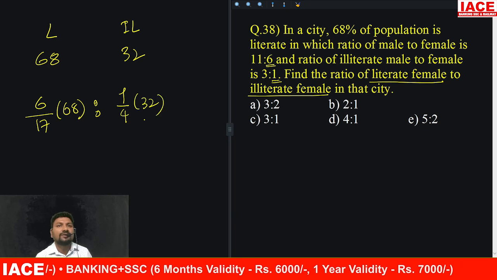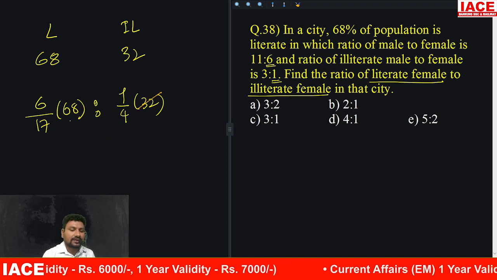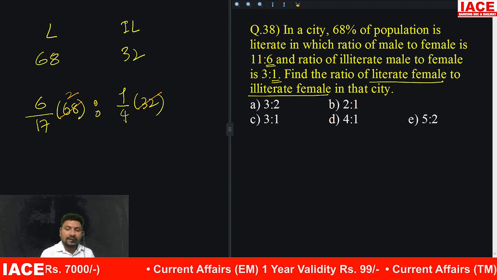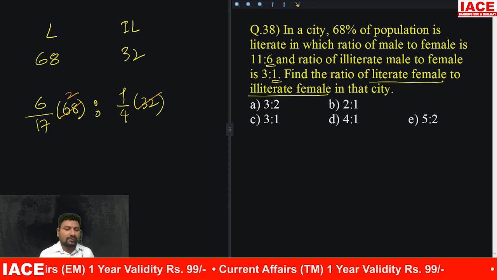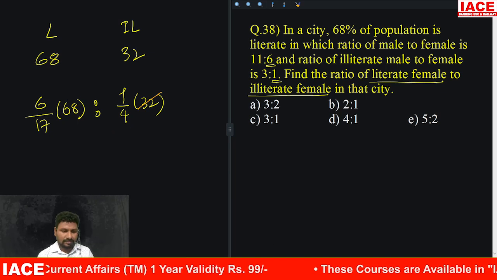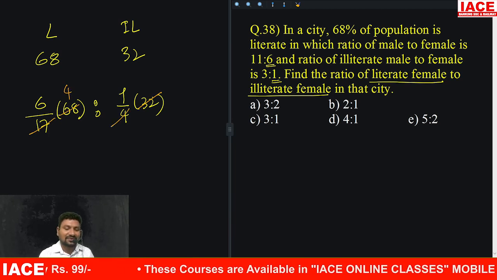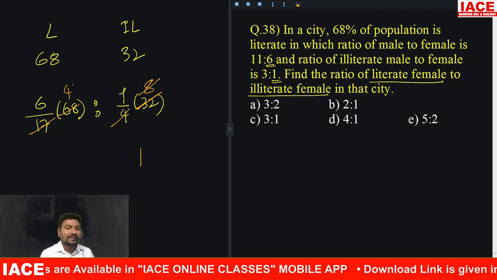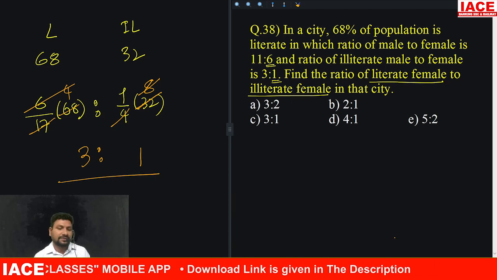Total value is 100%. Cancel the measurements to get the answer here. Look at 32 to 68, 2 times. Then the value here is 32, yes, 32. 32 to 2 is 4 times, and next it cancels with what number? 17 4s are 68. It is 4, how many times? 8. That is the correct way. Then again 8 1s are 8, 6 4s are 24. How many times? 3 times. What is the ratio? 3:1. Okay.